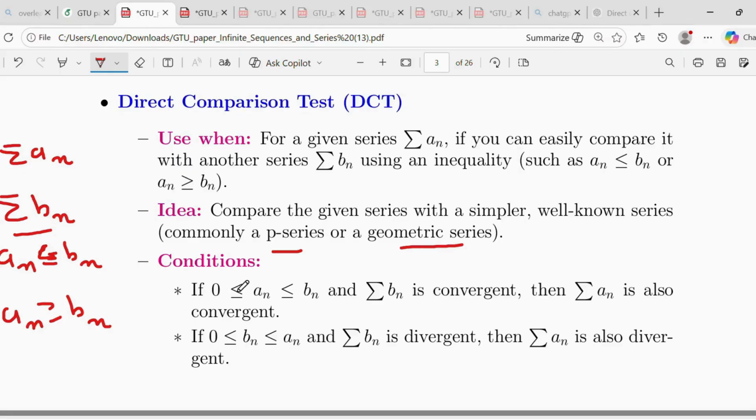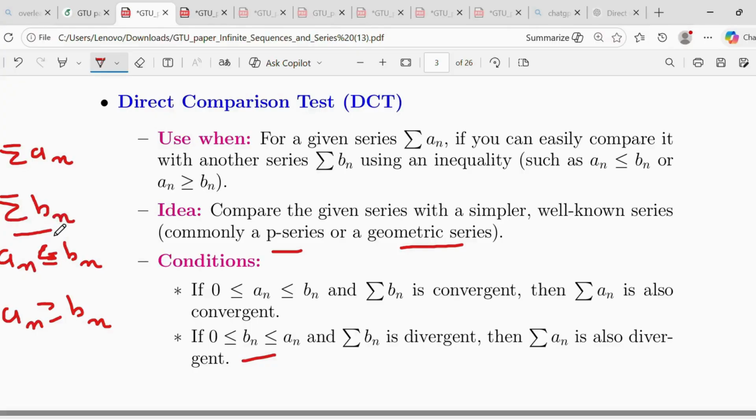Then what is the condition? If 0 less than or equal to an less than or equal to bn, meaning this condition is satisfied, and series bn is convergent, then series an is also convergent. If 0 less than or equal to bn less than or equal to an and series bn is divergent, then series an is also divergent. Means for a given series an, if we can find a new series bn, which is either a P series or